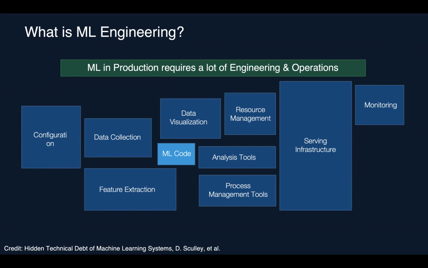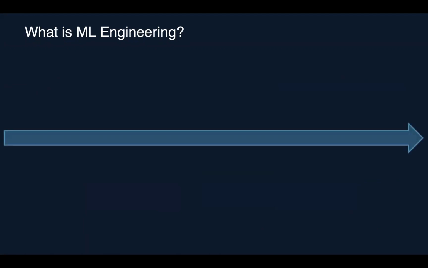When it comes to machine learning engineering, it's more than just machine learning or software engineering, because software engineers just need to worry about the code. And when you do version control, you will version control the code using GitHub, for example, or GitLab. But when it comes to machine learning, you also need to version control the data, right? So it's a pretty complex process, and hopefully I will be able to give you a high-level overview of what machine learning engineering is and what's involved in order to do that in production.